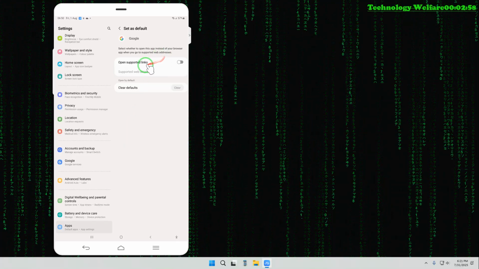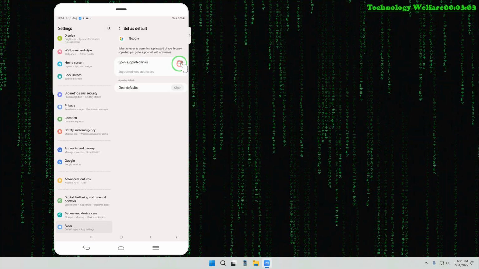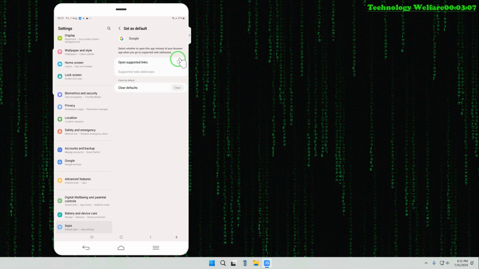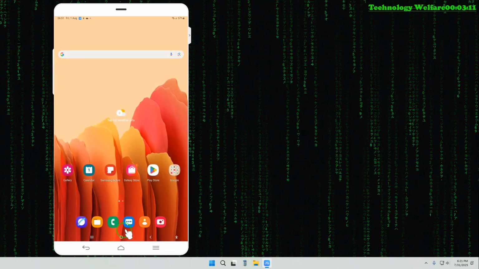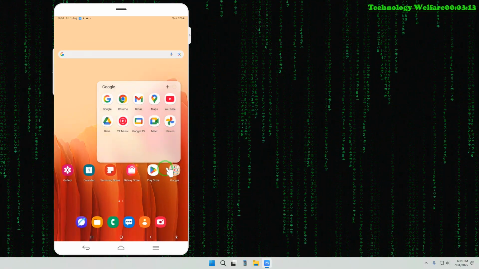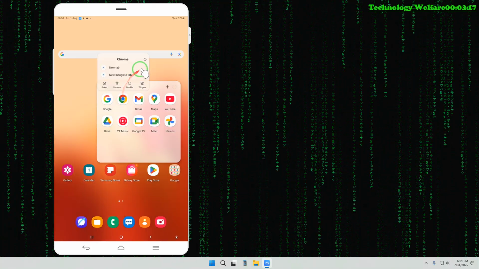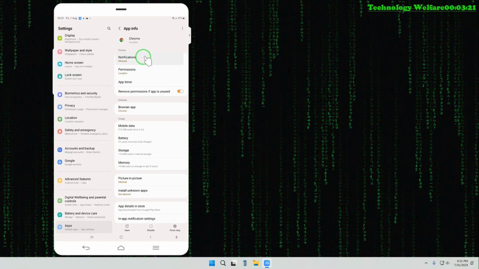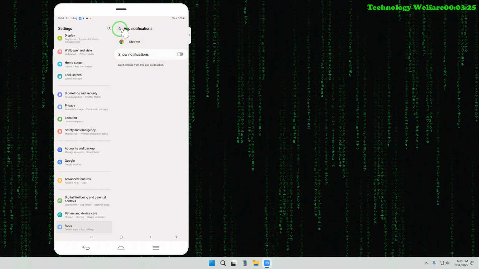Tap on it. Open supported links, this you will have enabled, so clear it and then disable it. And thereupon we will exit from here. Similarly, we will have to do a similar step in the Chrome browser, because this is also a Google product. So we will come here, make notifications off, then we will come once again